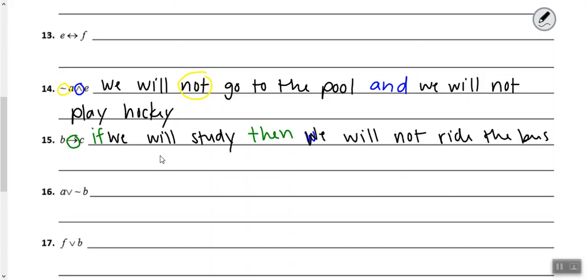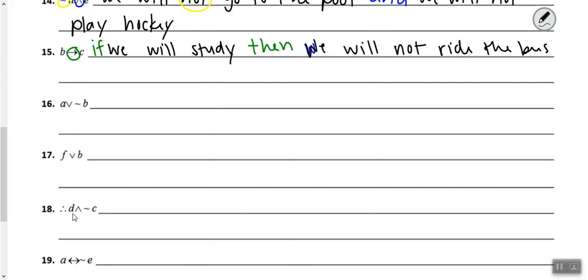And let's just scroll down. Let's do one with three dots. So we're going to look at 18. 18, three dots, that means therefore. So three dots. Sorry, let me get a different color. So therefore,